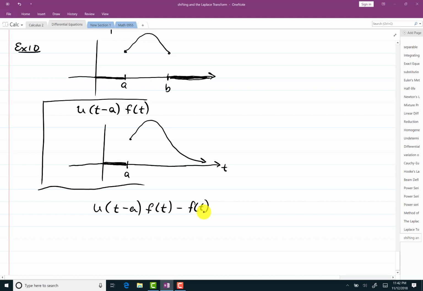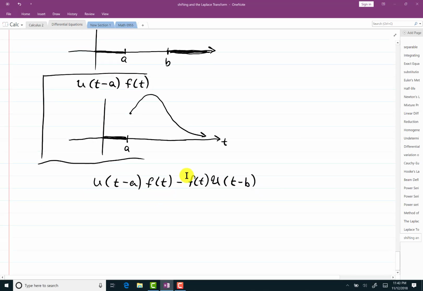Now, if I subtract just f of t, you can imagine that what will happen is I'll get the negative of f of t on this portion, but then I will have f of t minus f of t here, so it's not doing what I want yet. But to get it to enact something at b, I could throw on here t minus b,